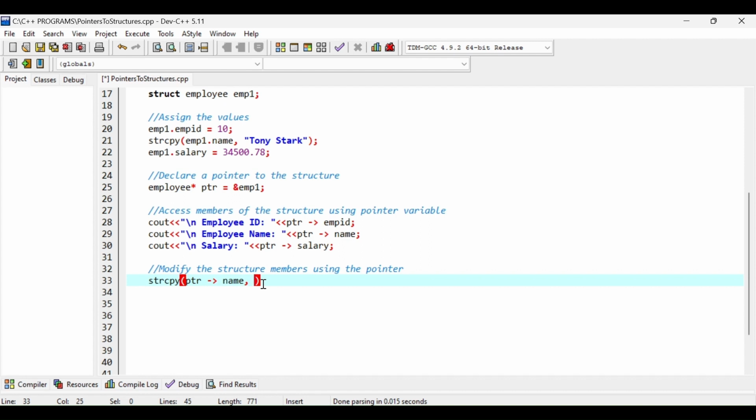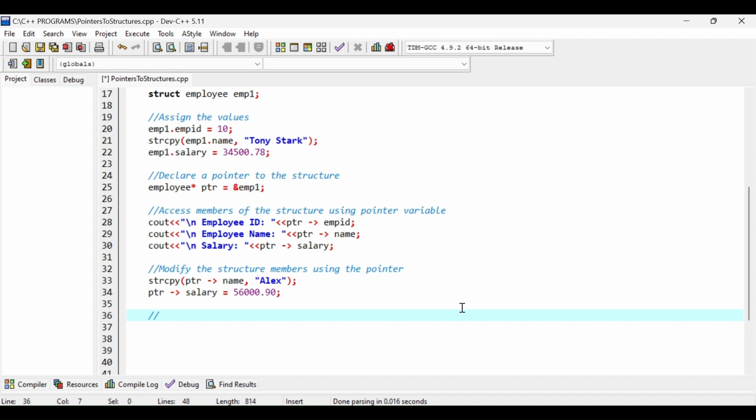Then after the comma operator, inside double quotation marks, I will type the name which I want to store within this variable. Let's say it is Alex. Similarly, for changing the salary, I will have to type ptr, then arrow operator, then the name of the variable salary, and then I can store whatever value I want to store over here.